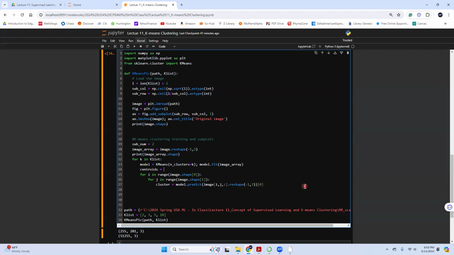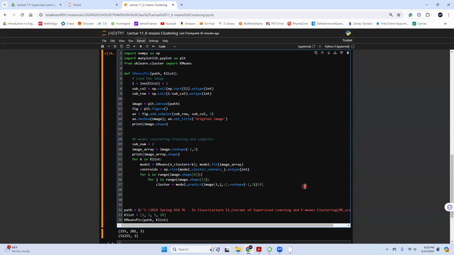Centroid equals model.cluster_centers_. And one thing is that because we're doing RGB here, it must be integers. Let me round to integer, and again use astype.